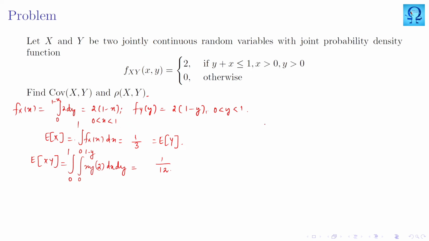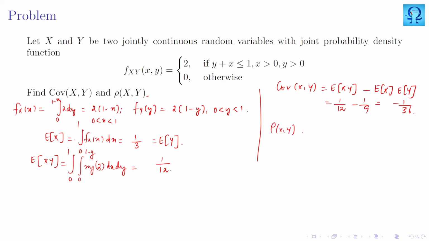Okay, now what is covariance of x comma y? It is expectation of xy minus expectation of x product with expectation of y. So this is 1 upon 12 minus 1 upon 9, which comes out as minus 1 upon 36. We found the covariance. And the correlation is covariance of x comma y divided by standard deviation of x product with